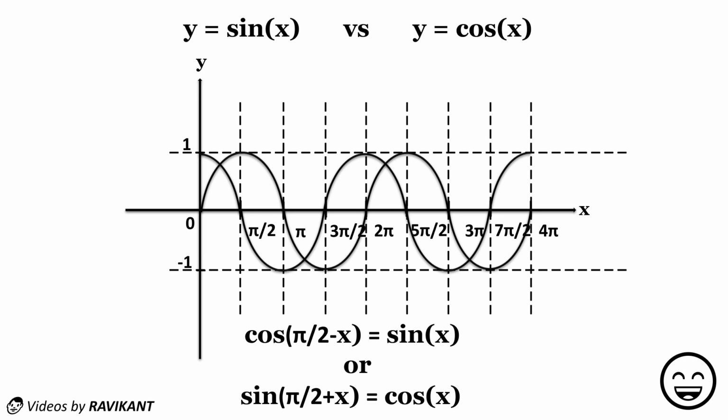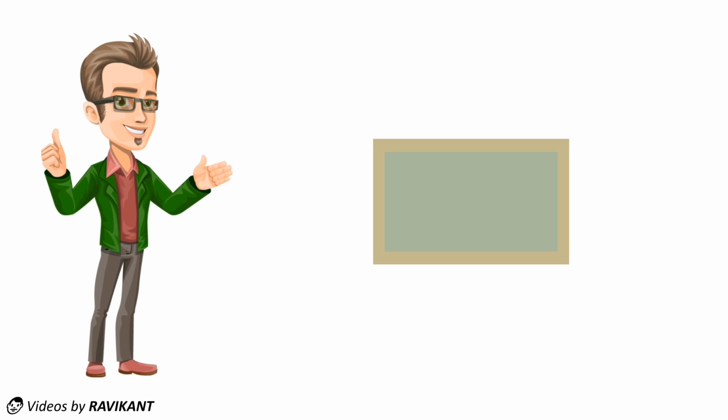So I hope you all are able to find domain and range of the particular graph, and you can make any graph by this method. So that's all in today's video. Now I'm sure that you can find domain and range of the particular graph. In next video we will learn how to draw tangent and cotangent graphs, and also we will find domain and range.